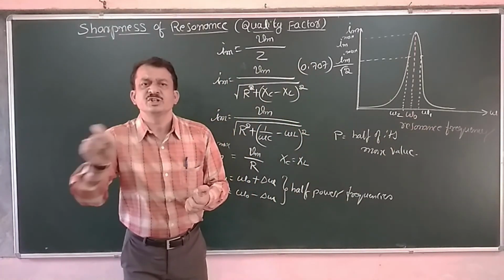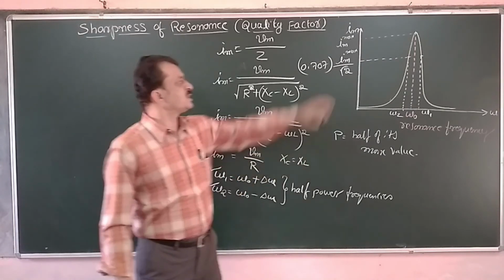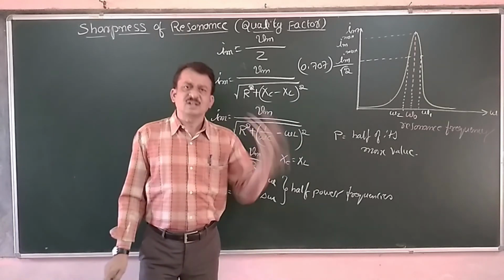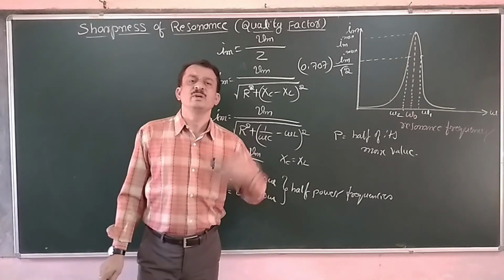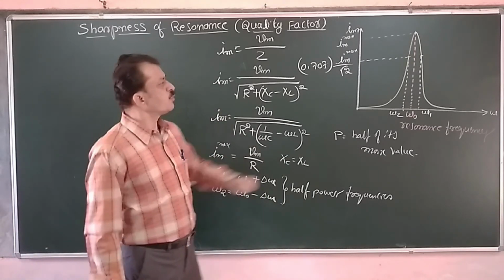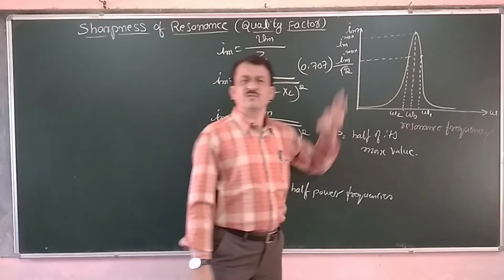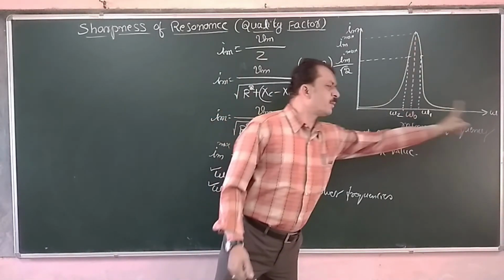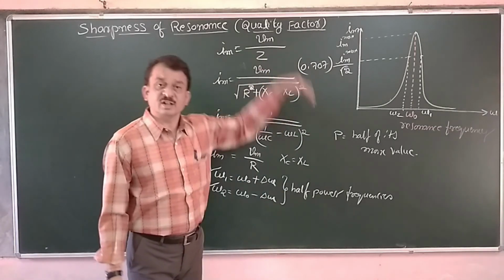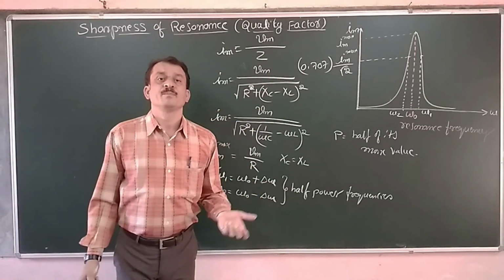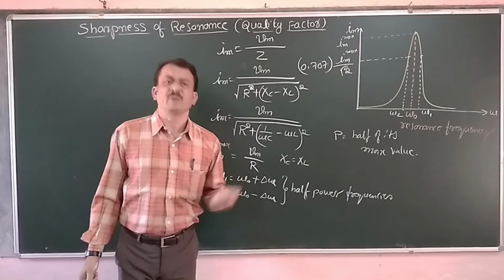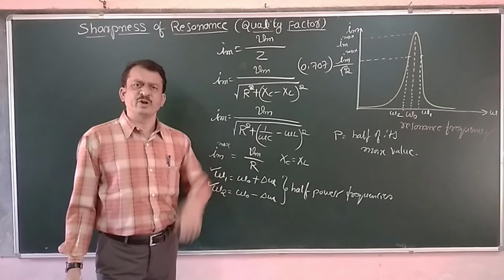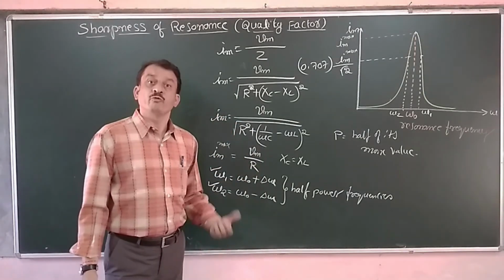If there is a variation in frequency, obviously there is a variation in current as well as power dissipation. Now that cannot be observed by a human being. Therefore we are choosing only this range of frequency. Below omega 1 or above omega 2, the current reduces further, and that can be observed by a human being. If it is audio, that can be heard. If it is video, that can be viewed.